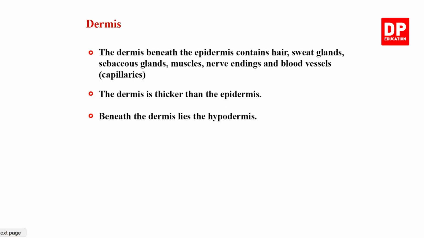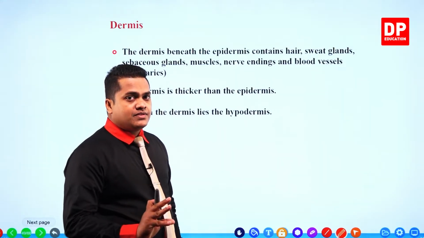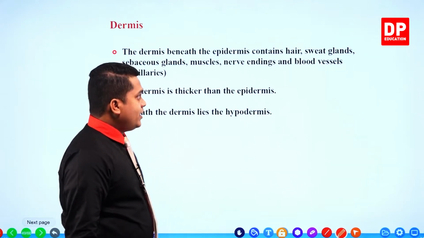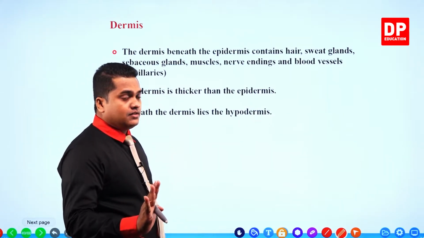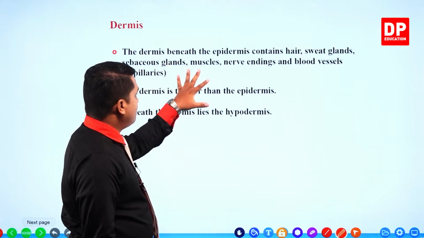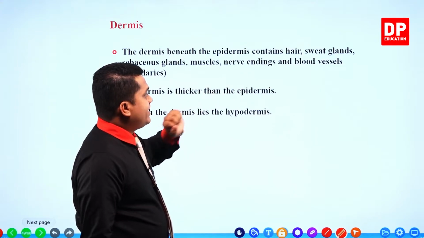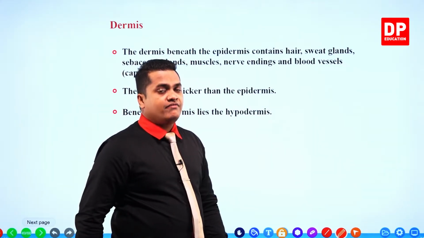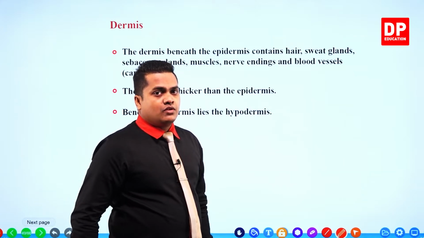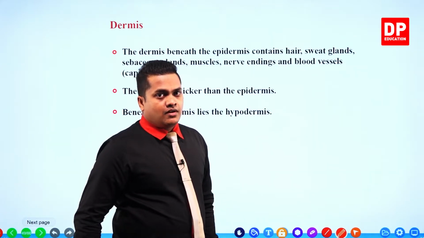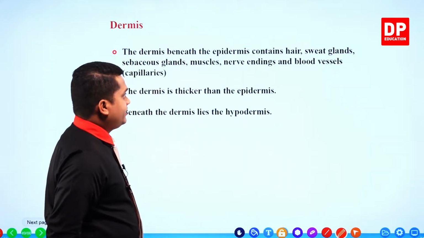then we are going to discuss the dermis. So the dermis beneath the epidermis contains hair and sweat glands, and sebaceous glands, right? These glands can be observed within the dermis, plus things like muscles, nerve endings and blood capillaries or blood vessels. All of these things can be observed beneath the epidermis of the skin, right? Then after that,